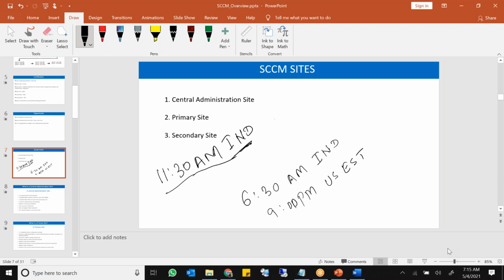So for you, if I start at 9 a.m. to 12, what will be your time? You are in the US. Which time zone are you in? Eastern time zone. So it will start from 11:30 p.m. your time and go up to around 2 o'clock midnight. I don't know whether that will be possible for you. Okay, I'll stick to this one. Thanks.